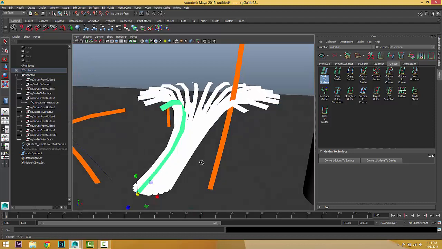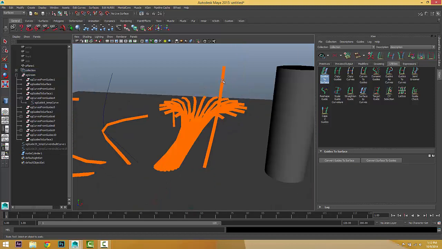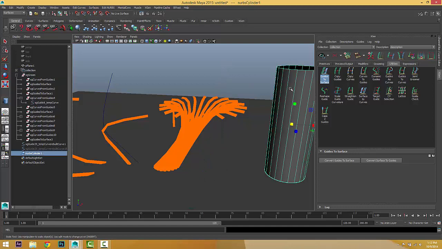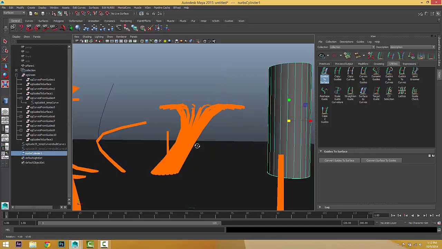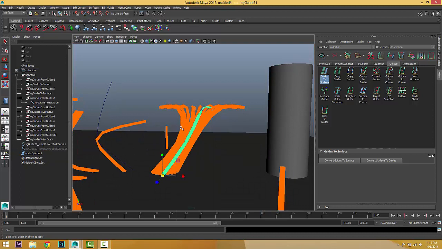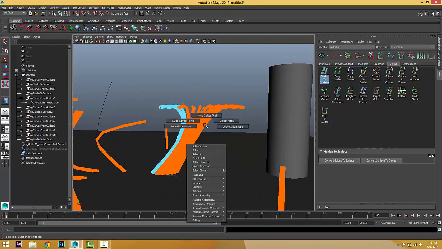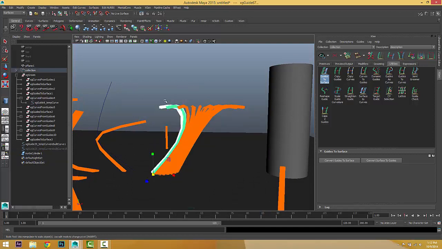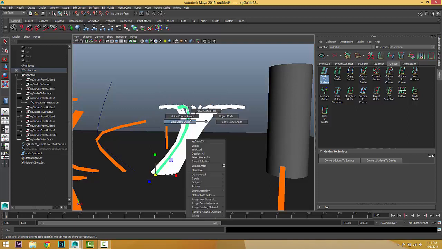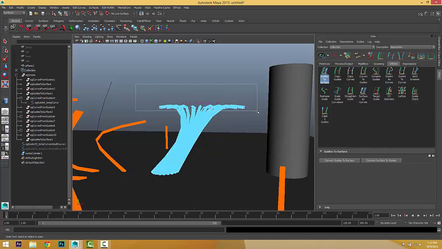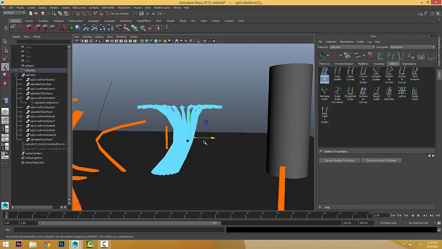It's a little bit moved, it's okay. Select this guide and delete it. Maybe delete this surface also. I'll keep that surface for now, and we can go back to curves. Go back to object mode, select all the guides, go to control points, select all the control points, and move them this way, and this one this way.